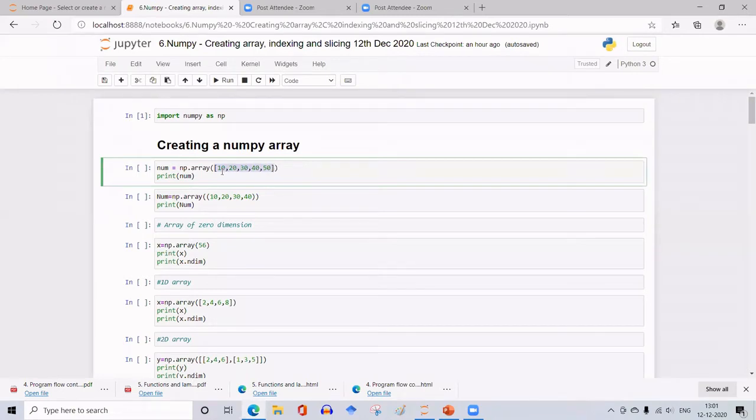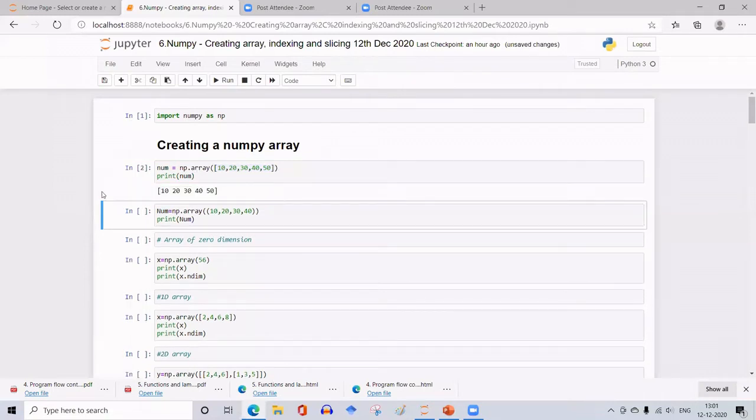So the array having elements 10, 20, 30, 40, 50 is formed by using the NumPy library module as np.array. Now if I ask it to print num, I'll get the array which has these elements, enclosed within the square bracket. So this indicates that this is an array having these elements.